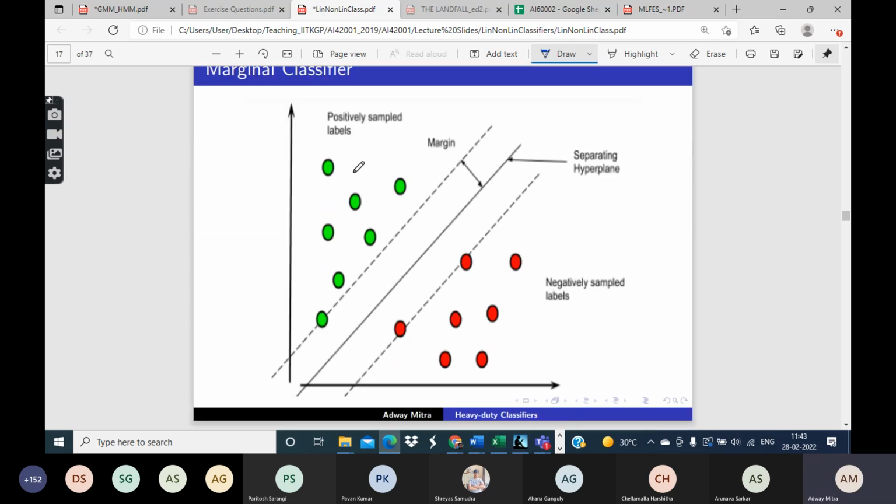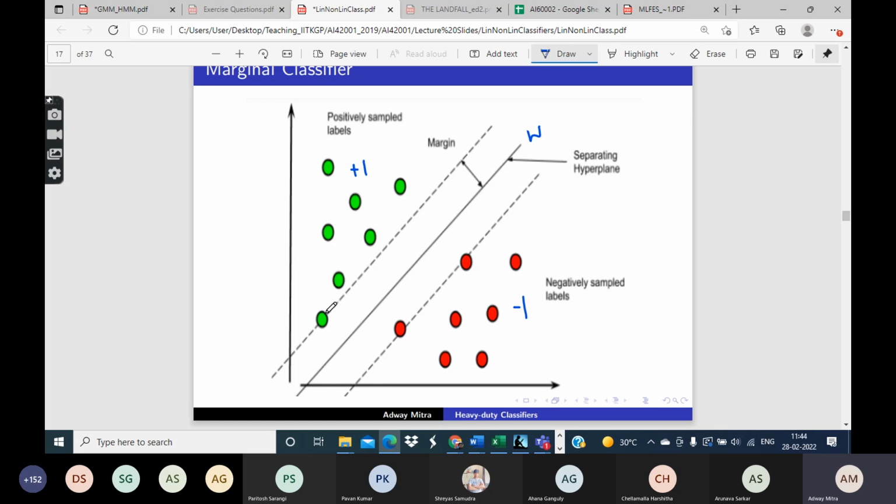Let us say that these green points, we will just randomly call them plus 1, and these red points we will randomly call minus 1. And let us say that this is any W which separates the two classes. Now, whenever you have a W like this, parallel to that W we can have one line like this, whose margin with respect to the positive class is 0. Okay, so what do I mean by that?